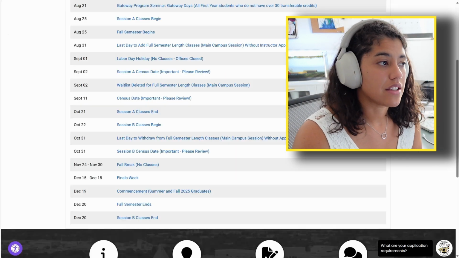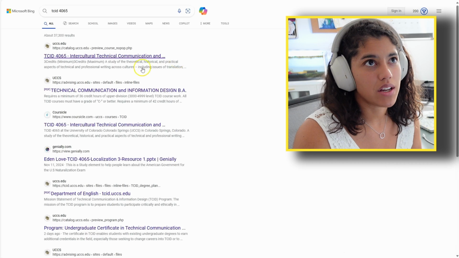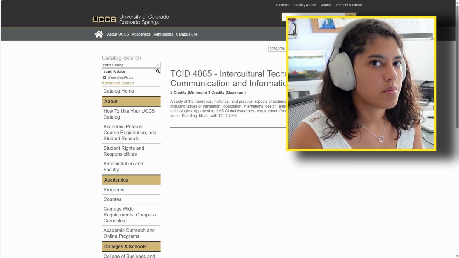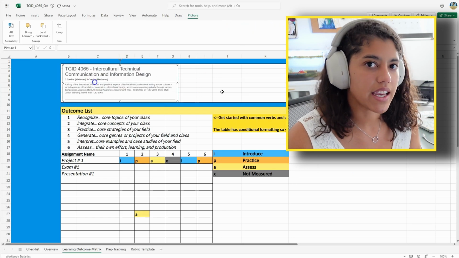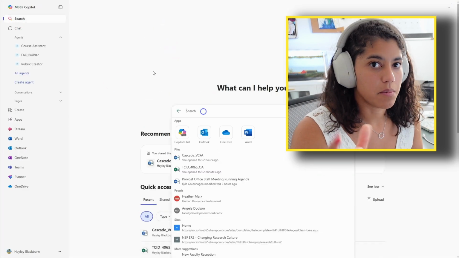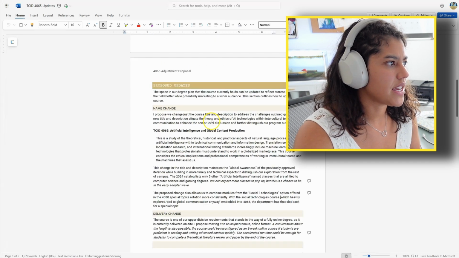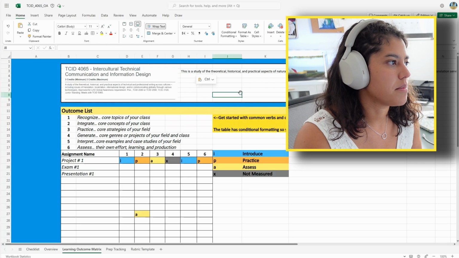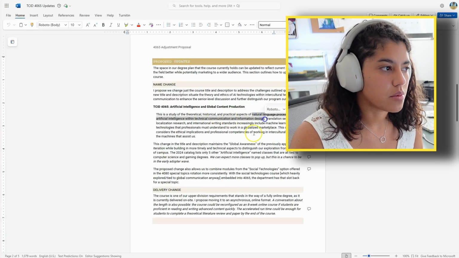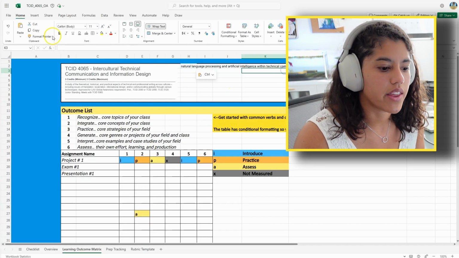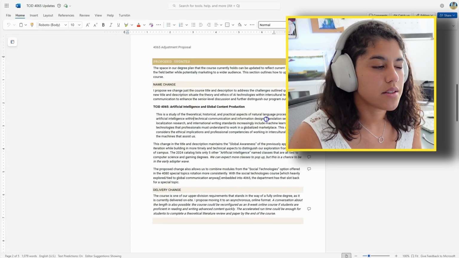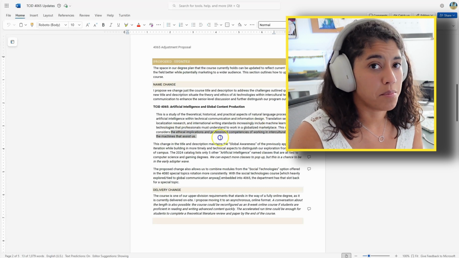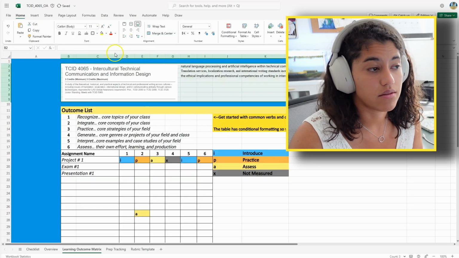So that's another reason I'm treating it as a new build, because it kind of is a new build. I'm taking what exists in the catalog, which is not quite a special topics, but it is sort of a specialized elective that students get to choose from their upper division core. And I am updating it to be a lot more focused on machine translation development, how tech is playing into our globalization strategies, and then I want to focus a lot more on their project management and professional development, because my roster is almost entirely seniors, and many of them are planning to graduate in the winter or